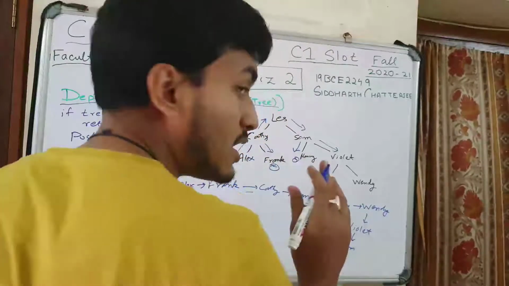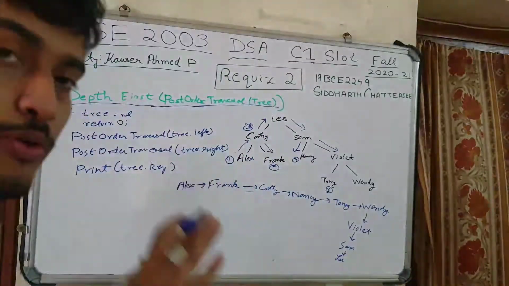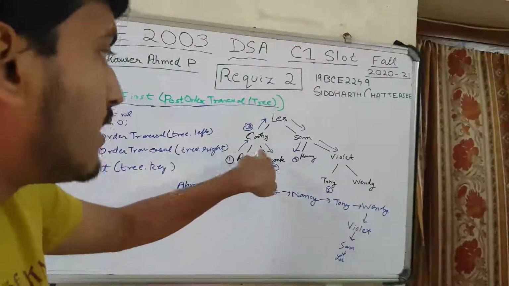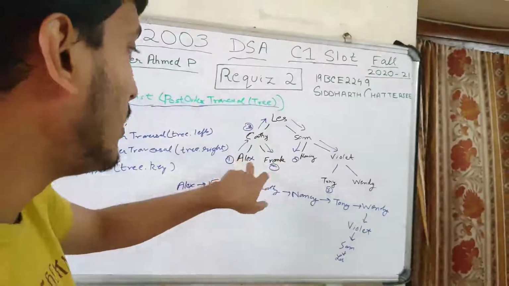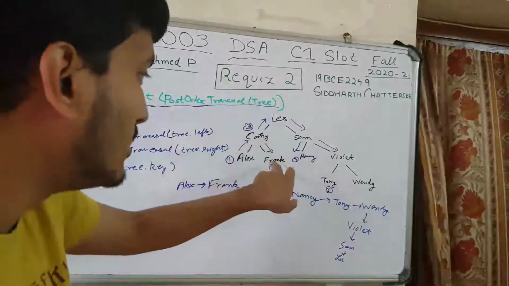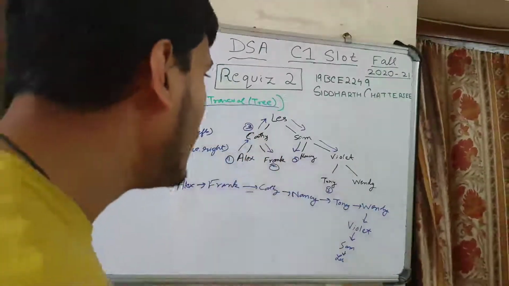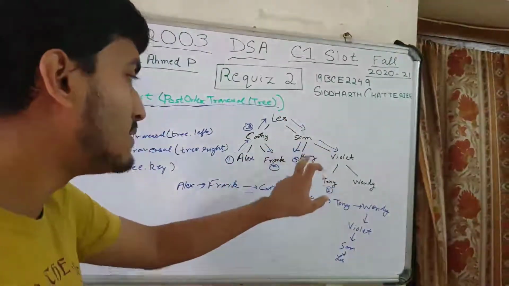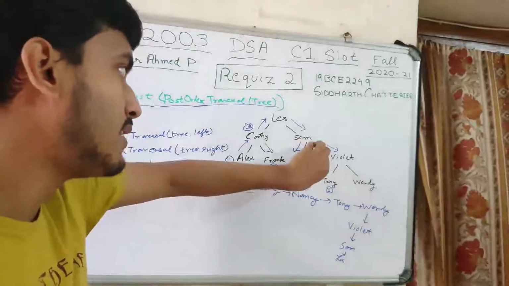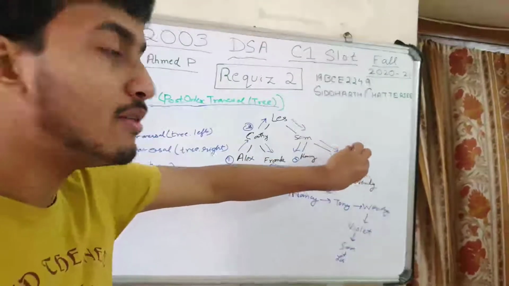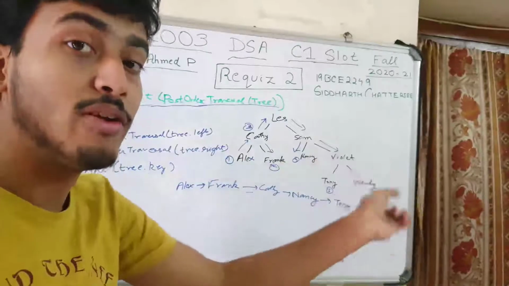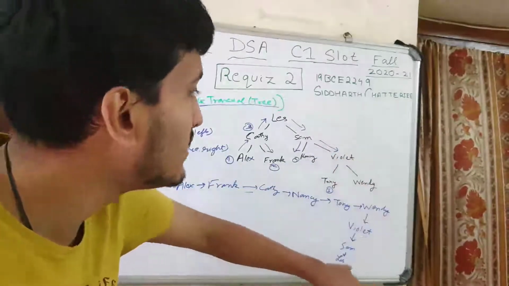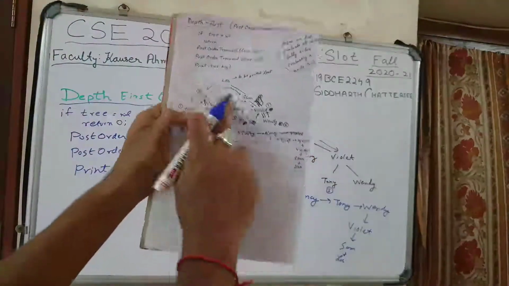So here we first evaluate all children fully before evaluating a node itself. First evaluating Alex, then Frank, all the children, then the node Kathy. We do not go back to Les because we have to evaluate all the children first. So Les to Sam to Nancy. Evaluate the children of Sam, Nancy, first. Again Sam we have to evaluate, so Violet, but Violet also has children. We will evaluate those first: Tony, Wendy, then Violet, then Sam, then Les. So this is how it's done.